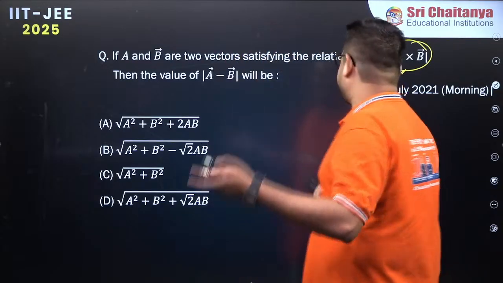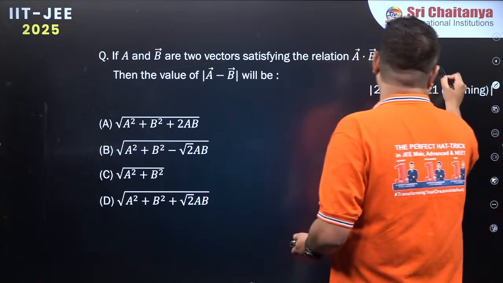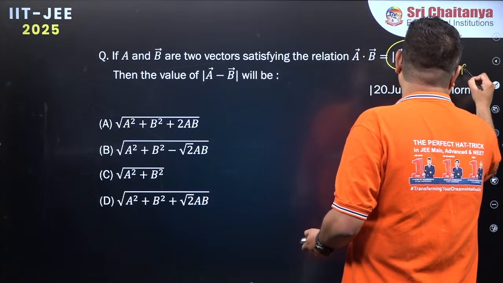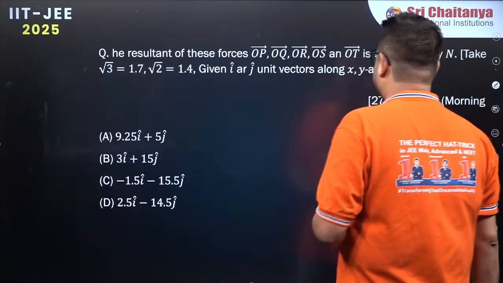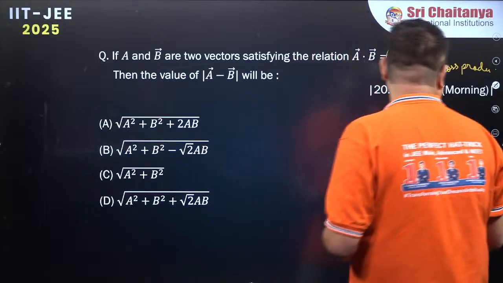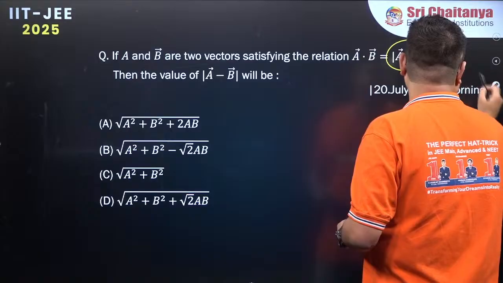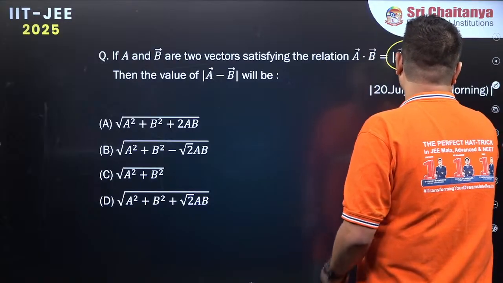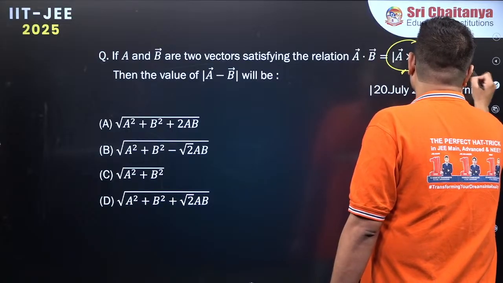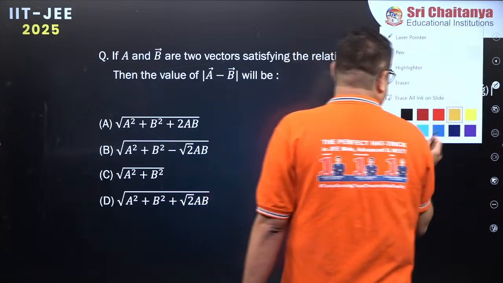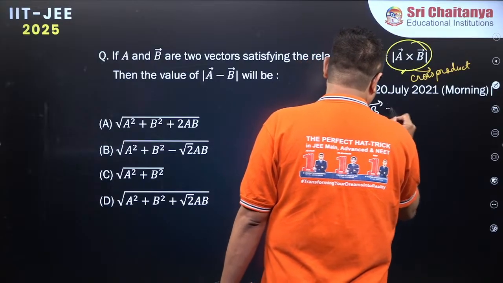Okay, B. Since everything is written, let's go ahead and solve it. A cross B means it's a cross product they are trying to say. This is cross product, which is going to be a topic of discussion for tomorrow. Okay, this is a cross product, everyone. So write this down. This is cross product. So you can say that A cross B is nothing but, tomorrow I will discuss this, that is AB